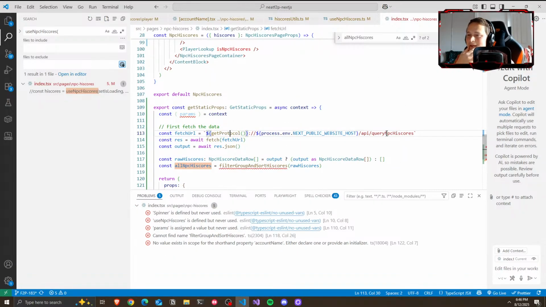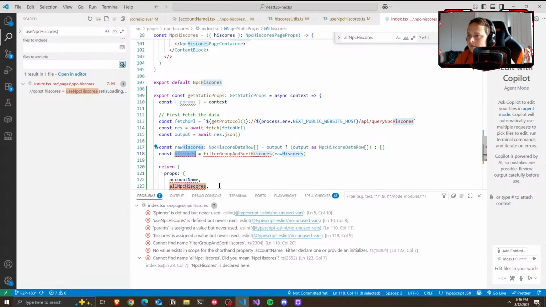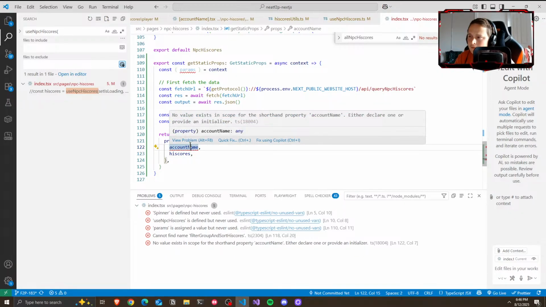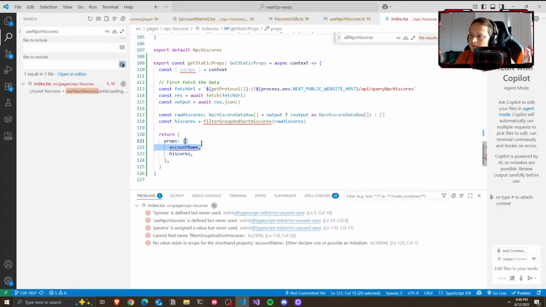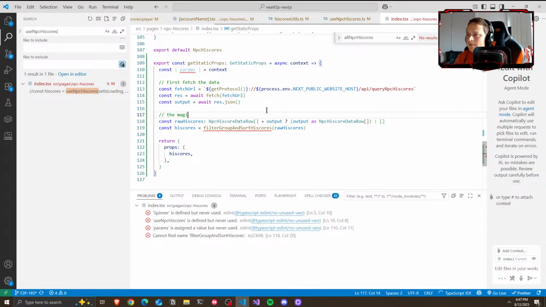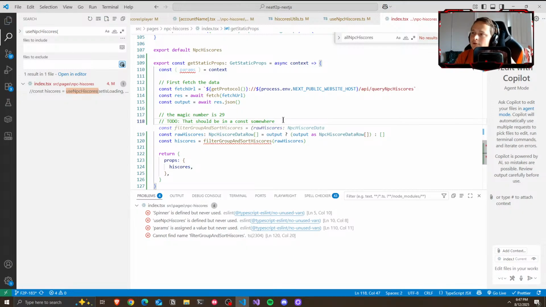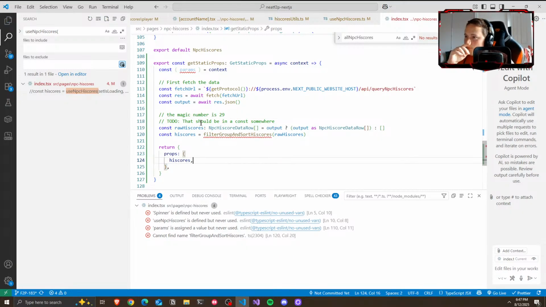I think it's the same endpoint because it was the same hook. And we don't need that. Okay, so